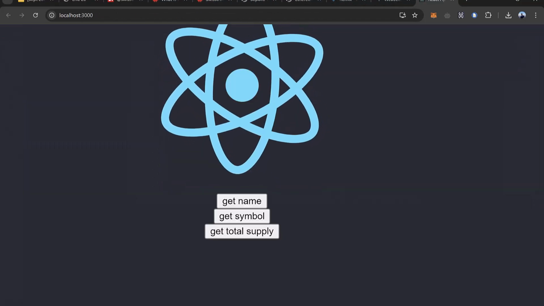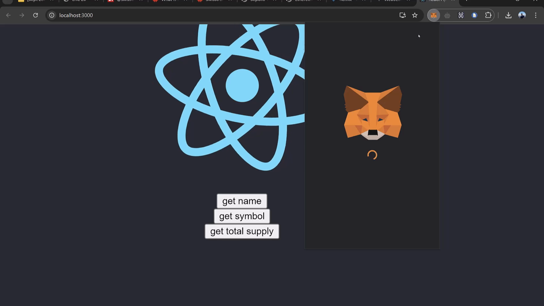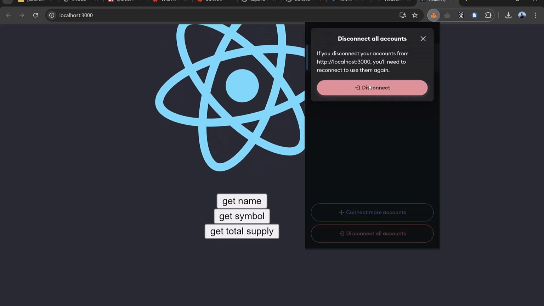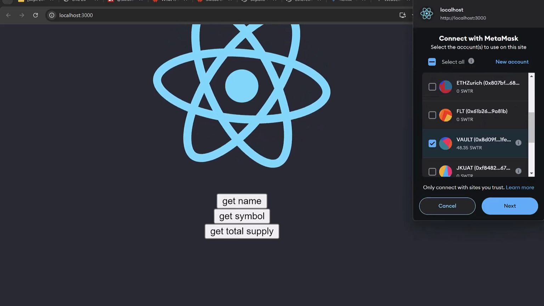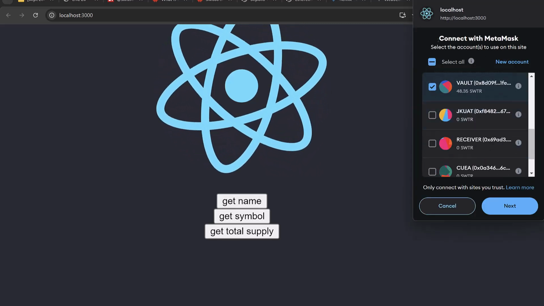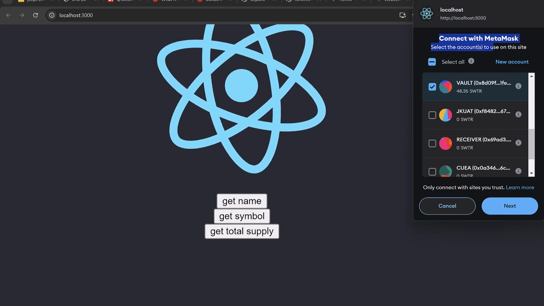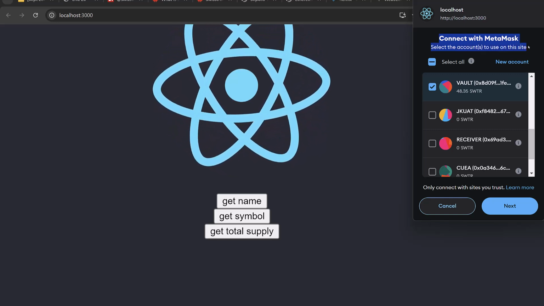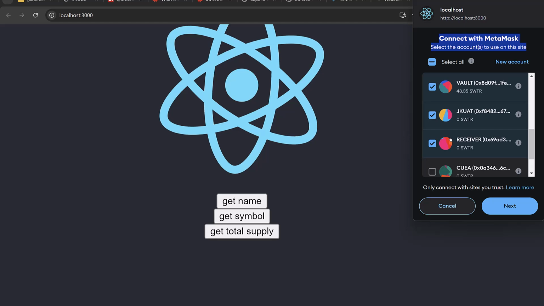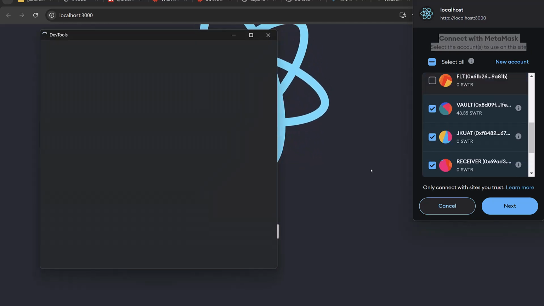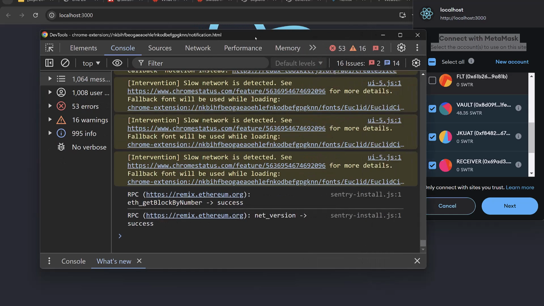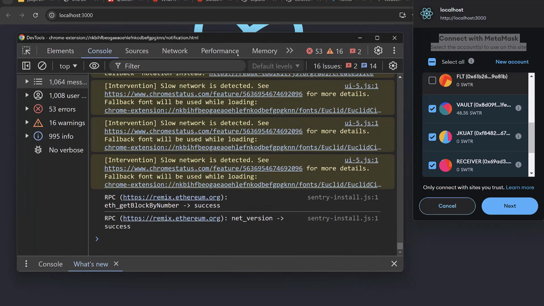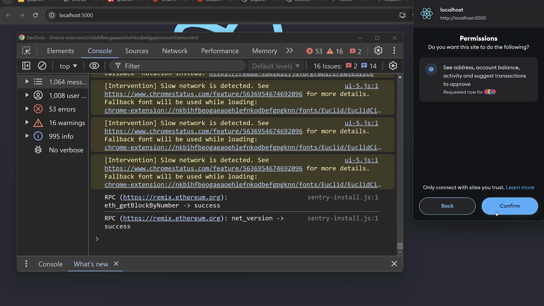So if I come to my React app, let me just disconnect first. And then if I click on the get name button, you can see that MetaMask is popping up here, and it's asking me to connect with MetaMask. Select the accounts to use on this site. And then if I select these 3 accounts, let me just open my console. Okay. And then if I click on next, then on confirm,